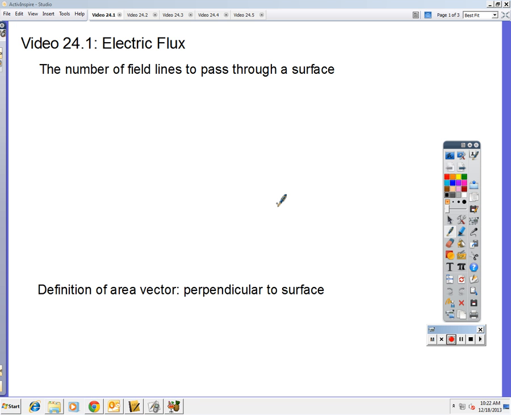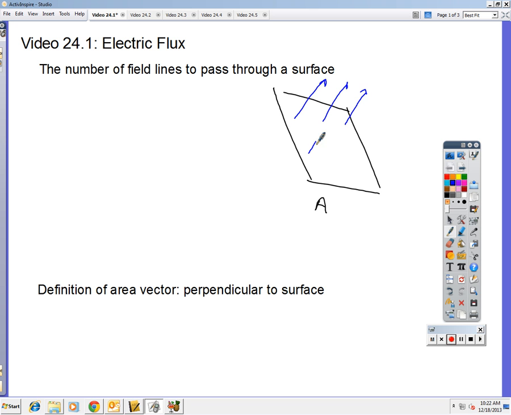And last year, you heard about something called magnetic flux, which was the number of magnetic field lines that went through a loop. Electric flux is very similar. It's the number of electric field lines that pass through a surface. So if you've got a surface oriented like that, say it has area A, and there are field lines that go through it, and let's say those field lines are perpendicular to the loop,